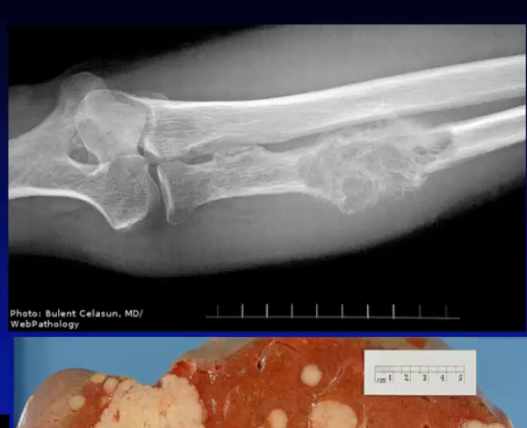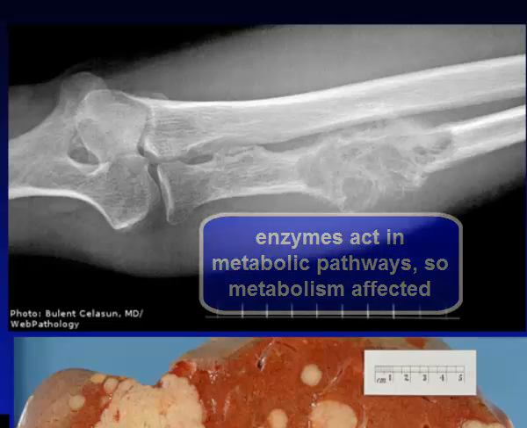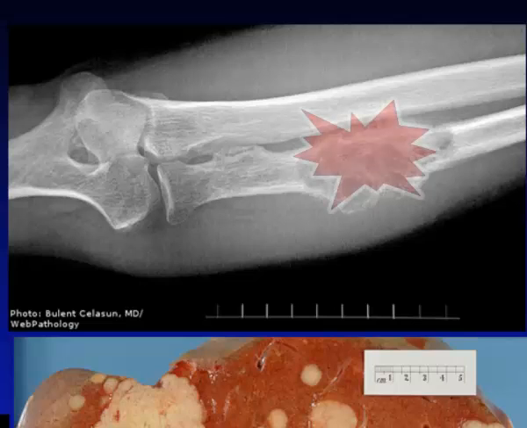Remember, calcium plays an important structural role, so this person may have osteoporosis developing, they may have weakened bone in other areas. It plays a role in signaling, so their muscle contractions could be messed up. You can end up with heart issues. And also, calcium can act as a coenzyme, so their enzyme activity could be messed up. So this simple tumor, as it improperly takes calcium from the blood, can actually cause a whole series, a whole